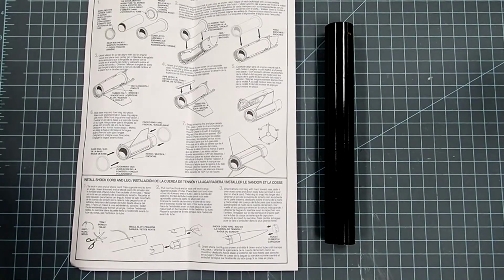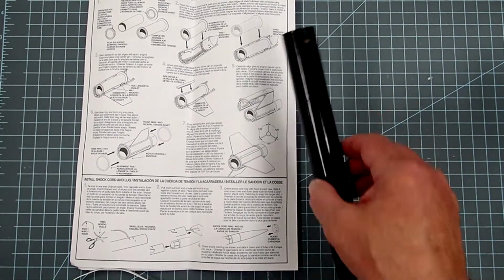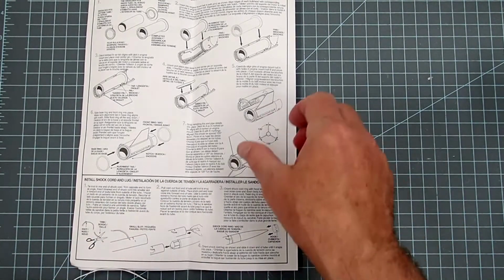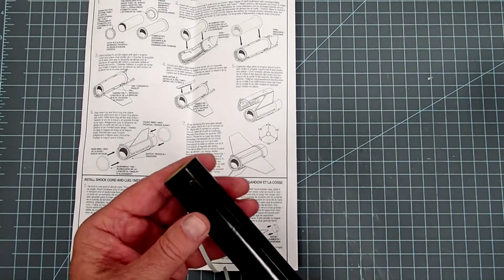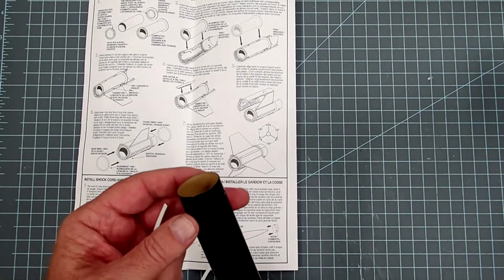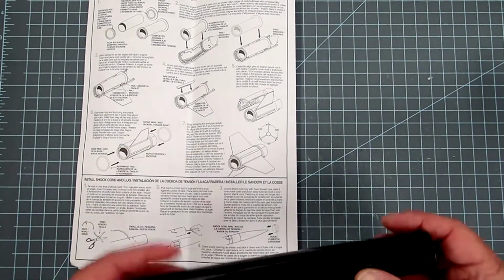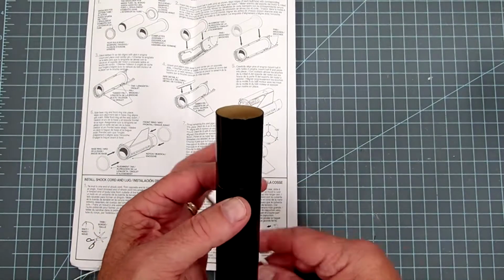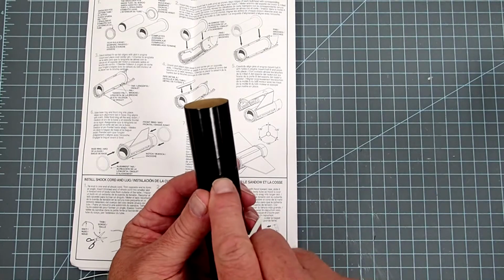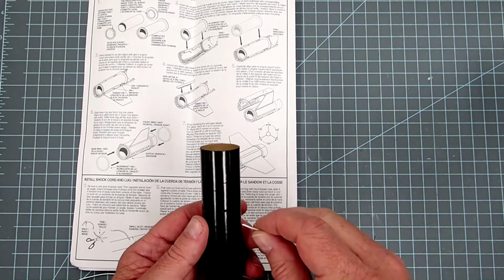The next thing we'll do is attach the shock cord to the body tube here. And again, there are a couple of slots that we have to look for. On one end we have two slots that are exact opposites from each other. This is the aft end. This is where the fin can will attach. On the forward end we have a slot here and a smaller slot adjacent to it. The smaller slot is the one we want